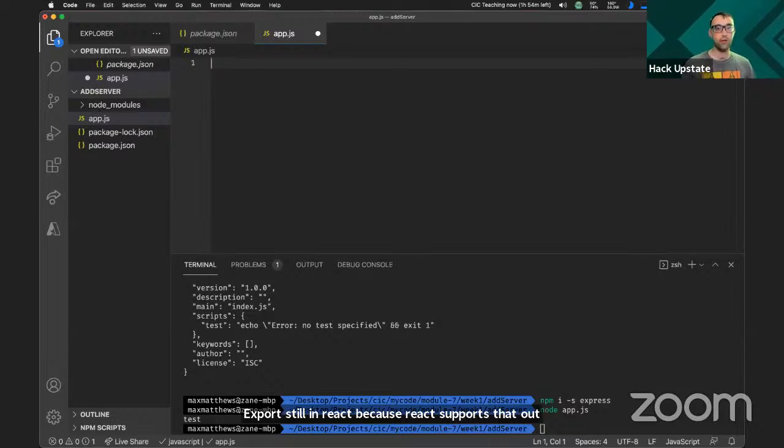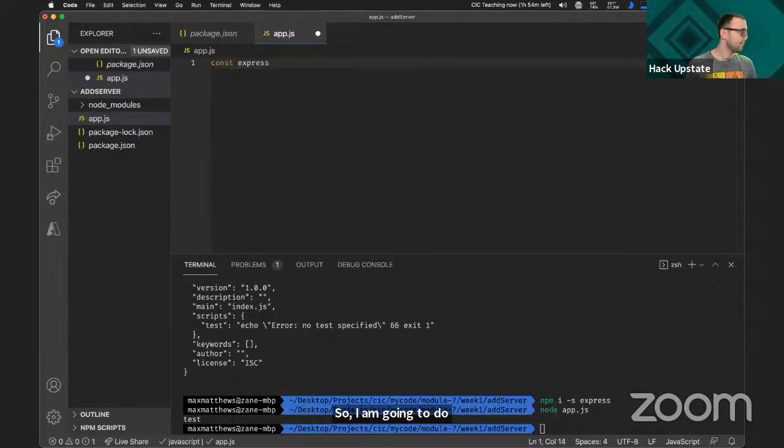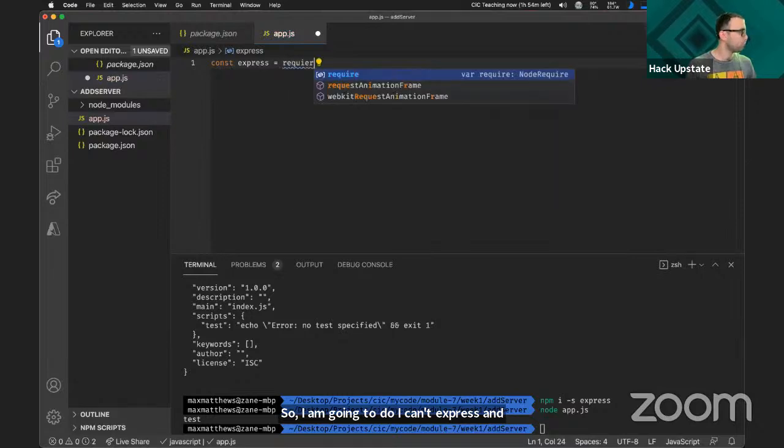Eventually, in the next year or two, Node will support import export right out of the gate and has made it clear that they prefer import export because it's native to JavaScript itself. But because we're still getting updated and getting onto those versions, we're going to use require to start. So I am going to do a const express, and I am going to require express.